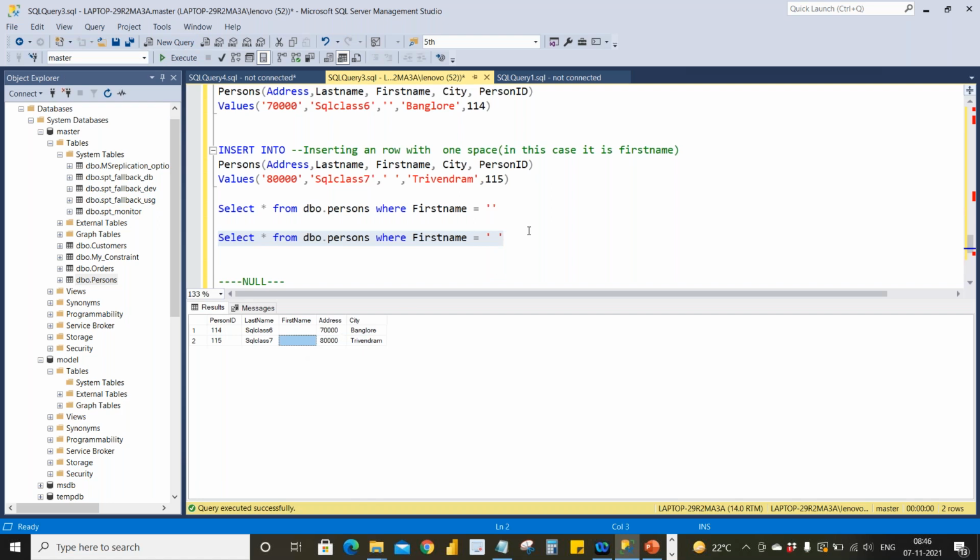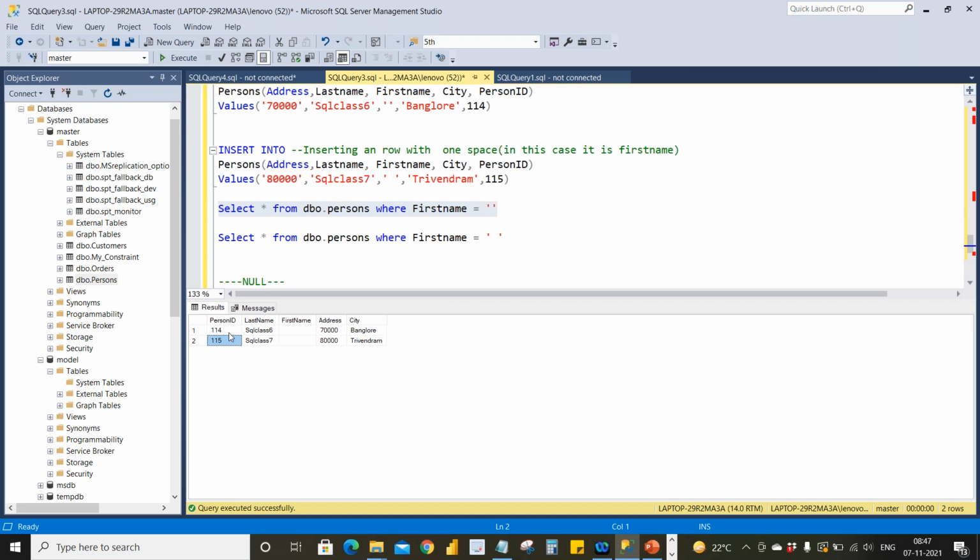But in practical, what happens, I will tell you. In the practical way, if you are giving some particular formulas or some particular editing options, this will only retrieve the 115 data, and this will retrieve the 114 and 115 data.